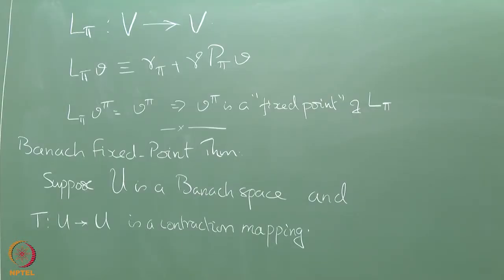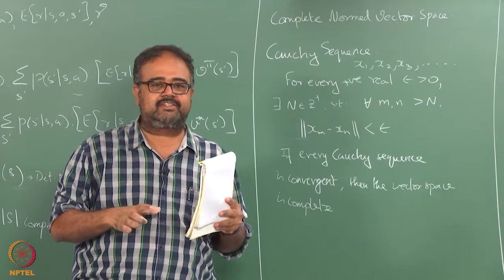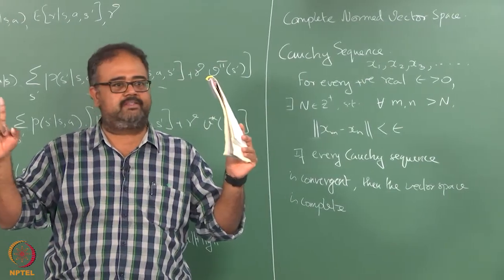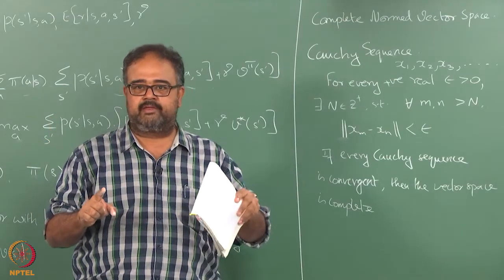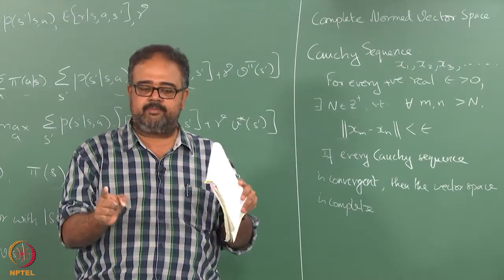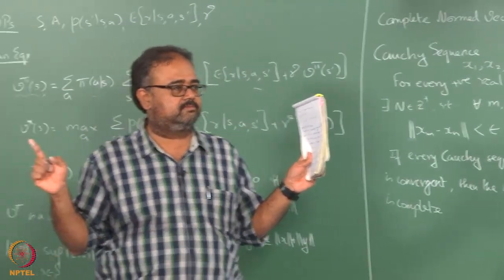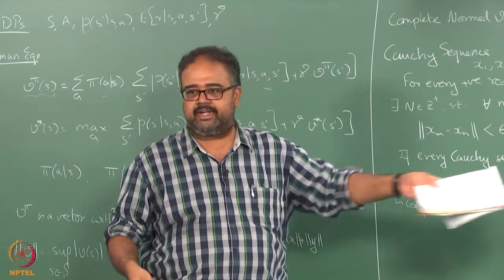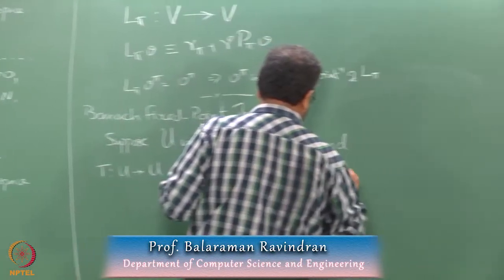So some mapping T that maps points in U to another point in U, right. We assume it is a contraction mapping. I will tell you what a contraction mapping is in a minute, okay. But you can kind of guess what a contraction mapping is, right. It takes two points in space. I take U and V, I take T of U and I take T of V, right. So T of U and T of V will be closer to each other than U and V were, right. That is essentially a contraction mapping. I will write it down formally in a minute, right. Then